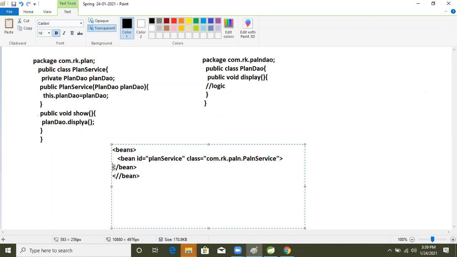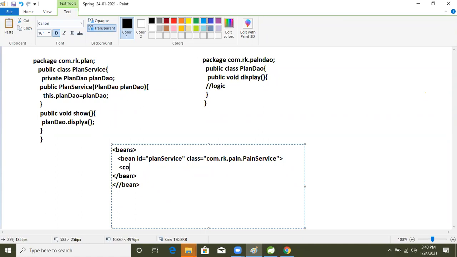Inside that bean tag, what we will do now: to inject a reference type object, what kind of tag is there? We are injecting the data using the constructor, so we are injecting the object reference in this PlanDAO dependency.